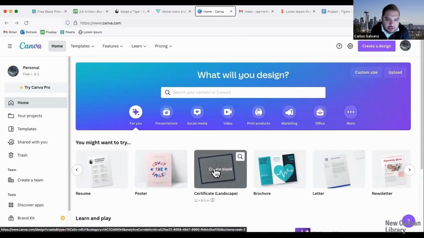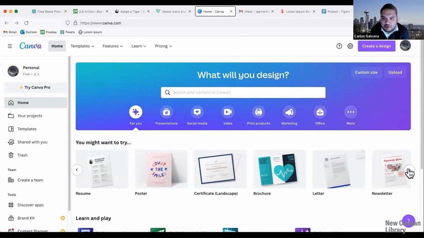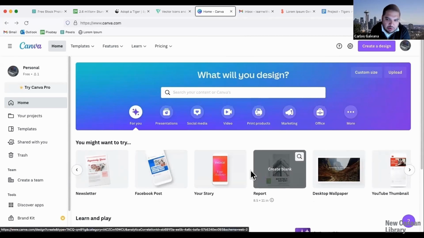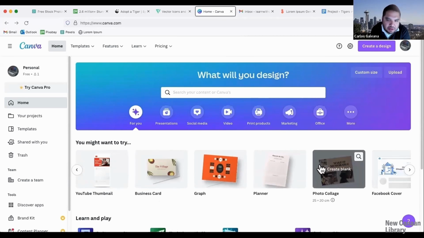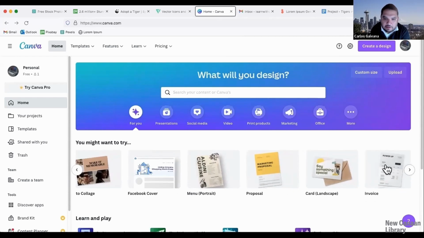You can create a poster, a certificate, brochure, letter, newsletters, Facebook post, reports, desktop wallpapers, YouTube thumbnails. So if you're posting something on YouTube, and a whole variety of different projects that you can create. And it's all for free.